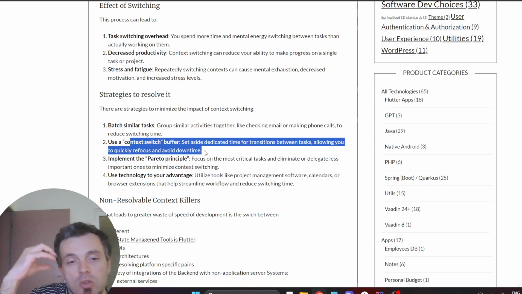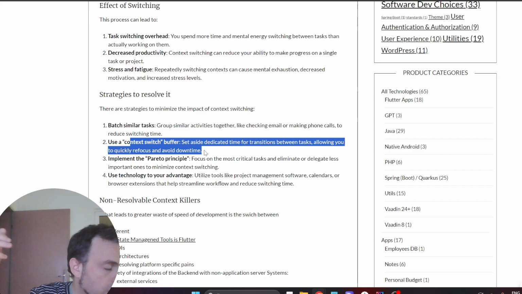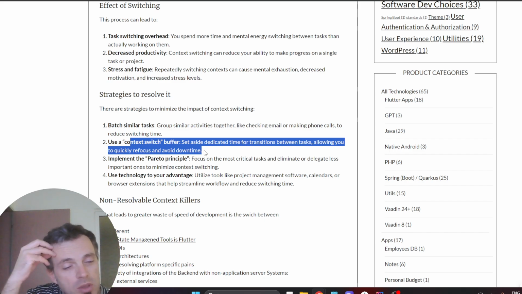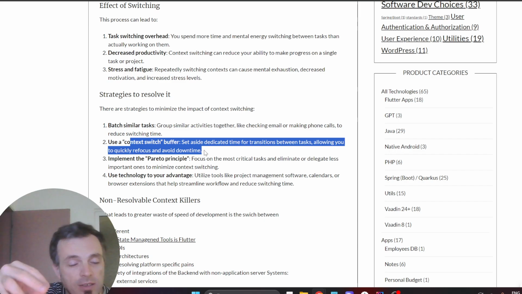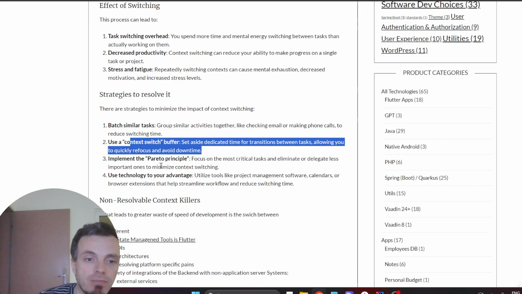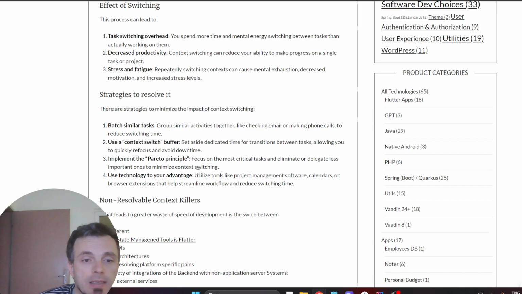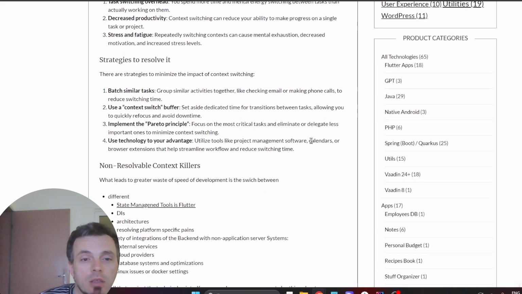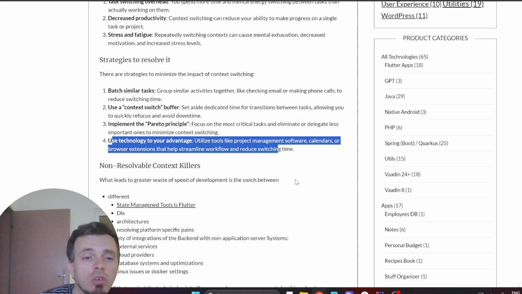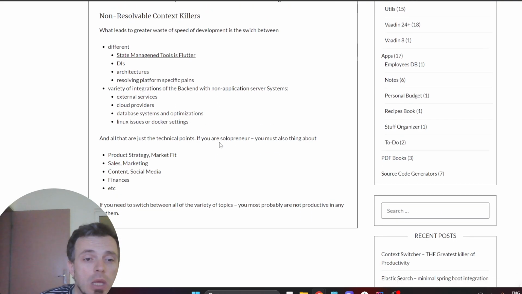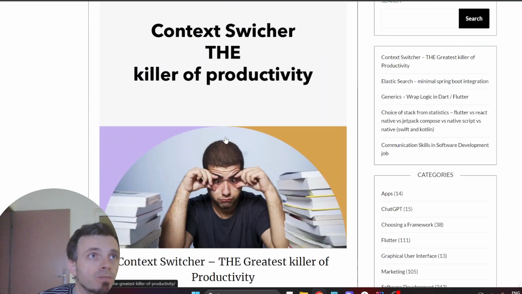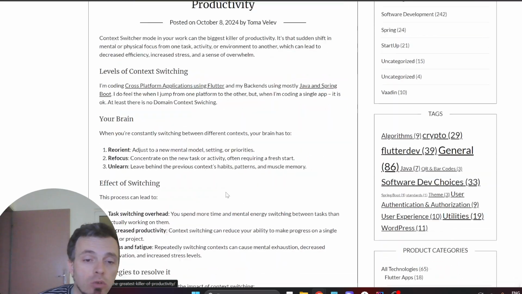So this will make a habit of your brain, make a habit to focus on a certain task at a certain time of the day, and there is some type of Pareto principle, 80-20, and yeah, you could take advantage of tools to do this. And basically, if you're a solopreneur, you're out of luck, and you most probably are doing some type of context switching